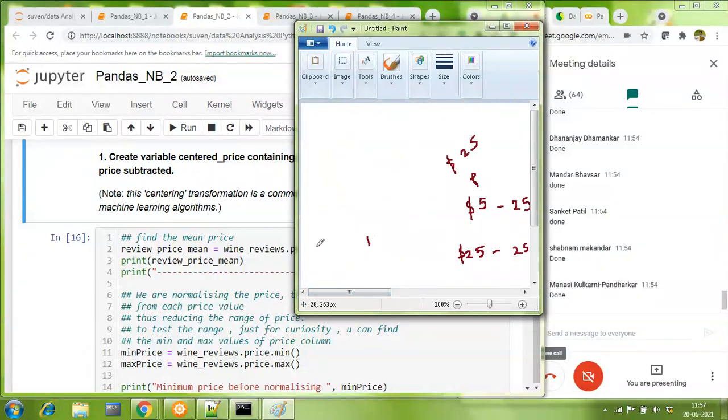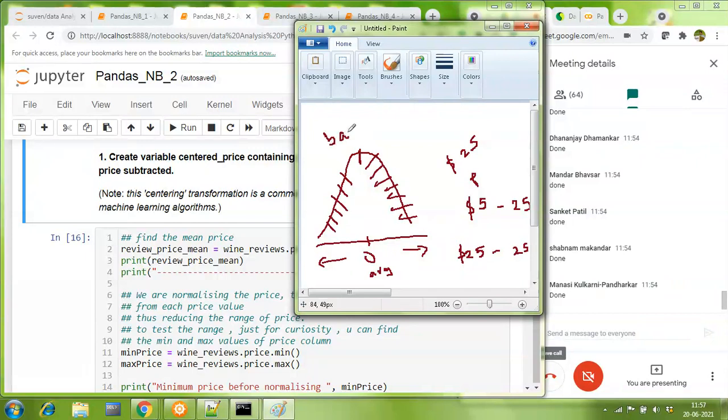So if you have a 0 point on an x-axis, you're able to see whether the data is balanced or not, which means you come to know how many wine samples are costing below the average price and how many wine samples are costing above the average price. So this gives us a kind of a statistical measure whether our data is balanced or not.